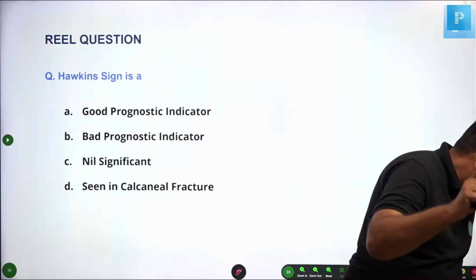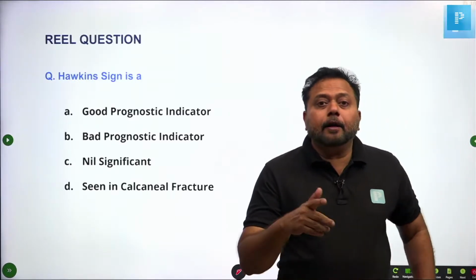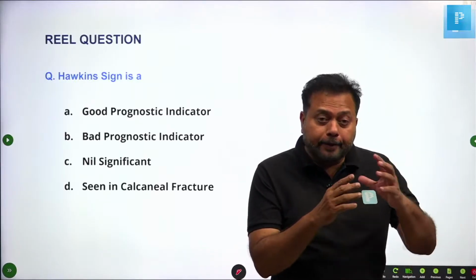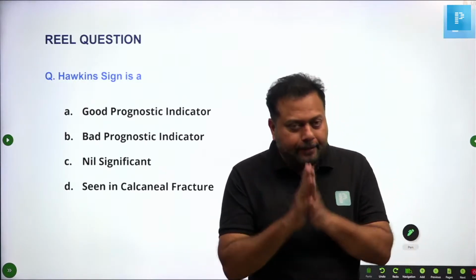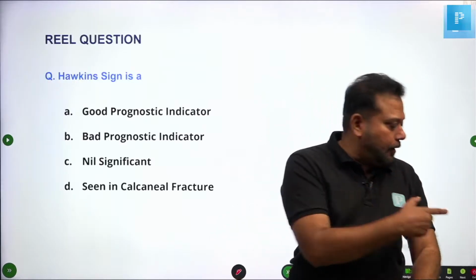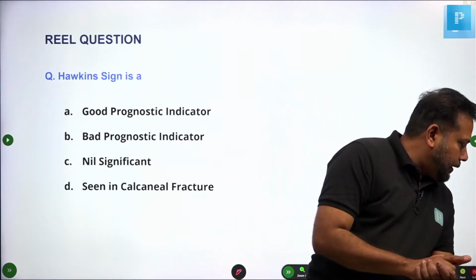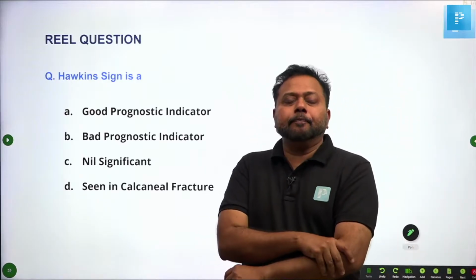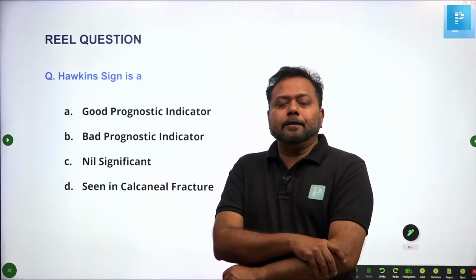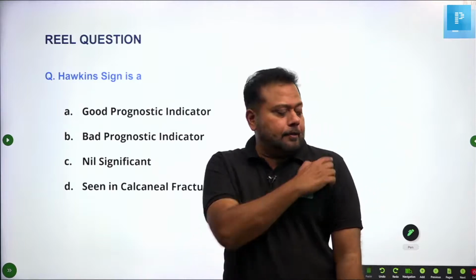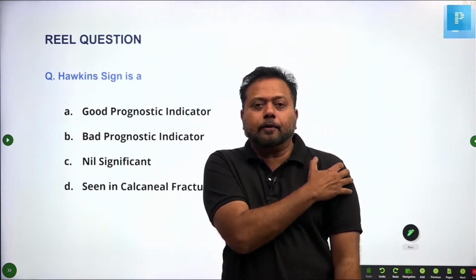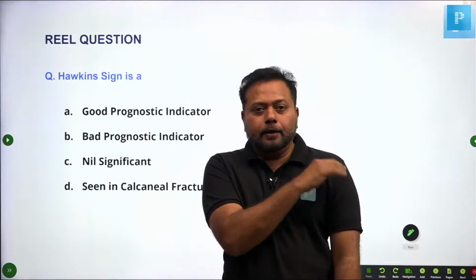Okay, I said that I will differentiate between the sulcus sign and step off sign. I had forgotten. Please focus your fullest attention. Thank you, Varshan, for reminding me. What is the step off sign? When the patient stands like this, you will see a step off like thing, a gap between the distal portion of the acromion and the head of the humerus. Easily you can see like that.